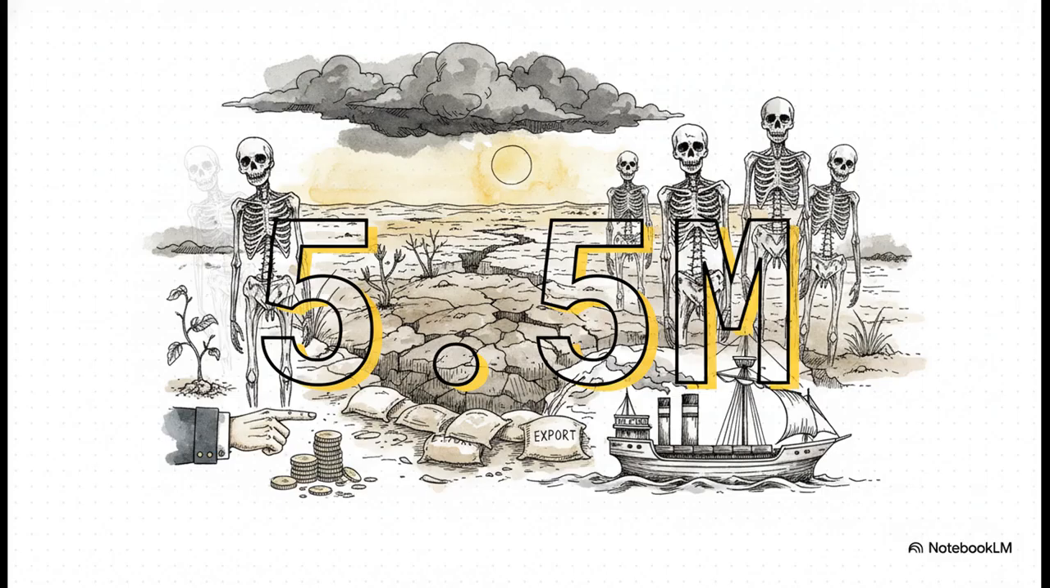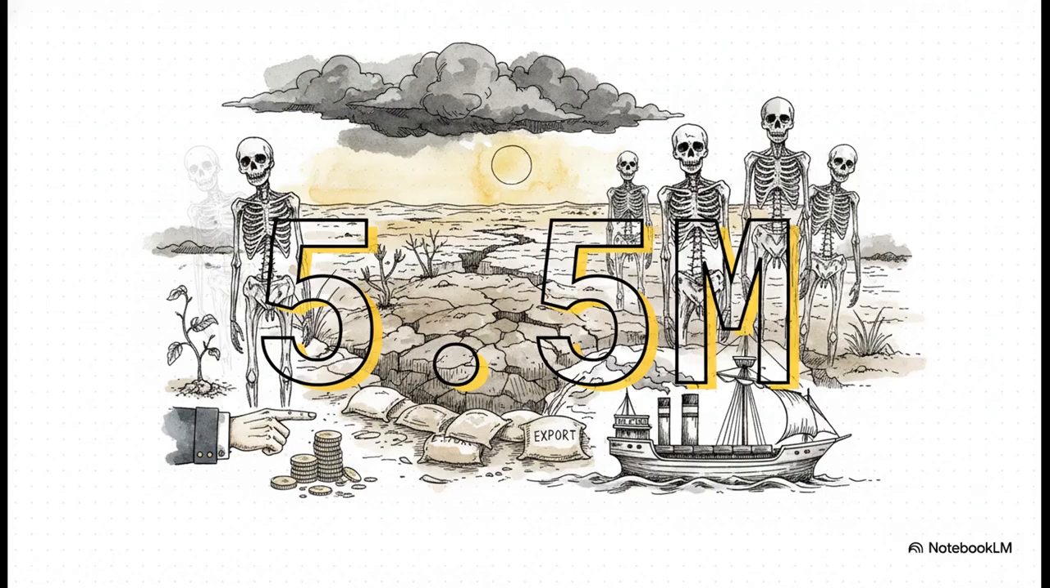The Raj forced subsistence farmers into cash-based taxation systems. So instead of growing food to survive, they were forced to grow cash crops for export. When the monsoon rains inevitably failed, these farmers had absolutely no buffer. Zero. This directly led to the Great Famine of 1876 to 1879, where an estimated 5.5 million people died in